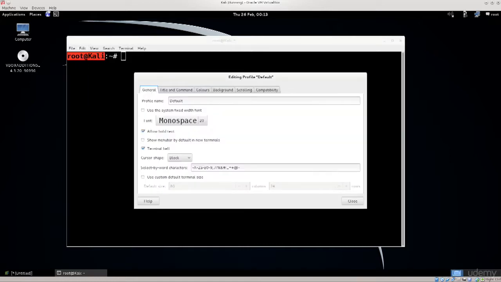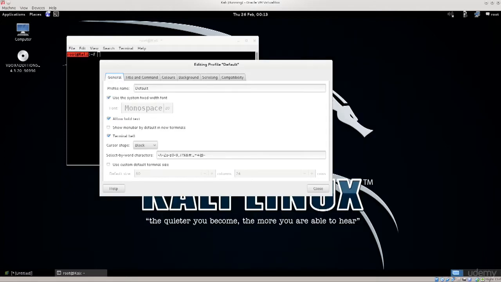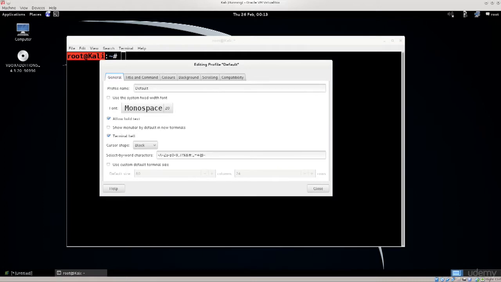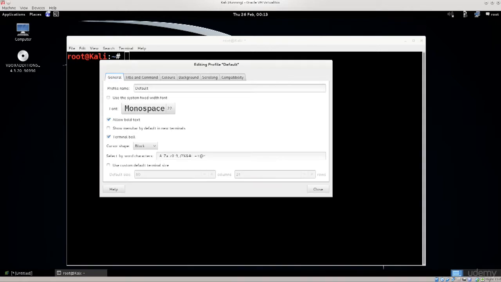Go ahead and click on profile preferences, and here you have a great deal of options. One of the first ones that you will see is that you can use a system fixed width font. So this is not good. You see, this is very small. I always need to change that. If that's fine for you, you can keep it like that, but I always change it. And I have monospace 20. If you click on it, you can change the font size here. If you wish, you can change the font that you're using,